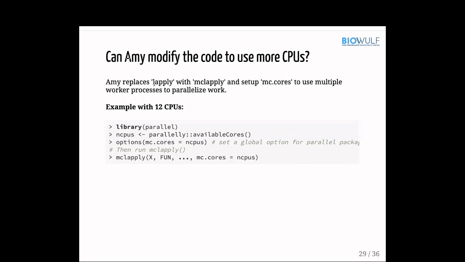Here, if your code has lapply, you can easily replace it with mclapply and pass the number of CPUs in here. It's a much easier way to speed up if you have a lot of samples. Again, if your lapply is a small loop, like only 3 or 10 function variables, then don't bother. It probably takes more time to start the parallelization. Similarly, if you have sapply, you can also replace it with mcsapply.